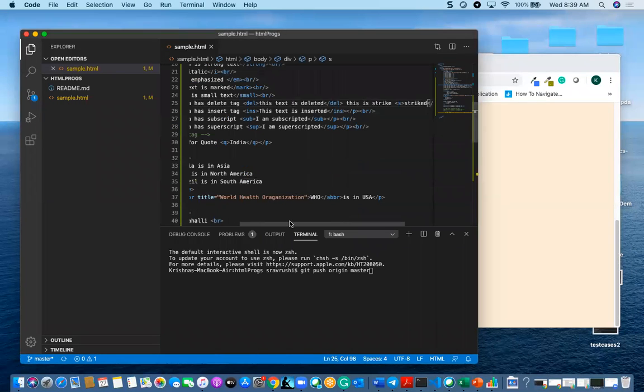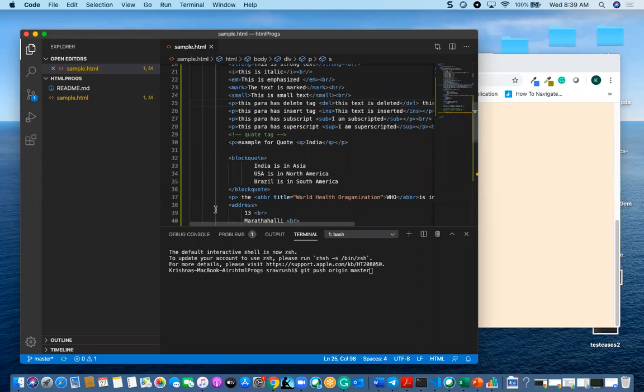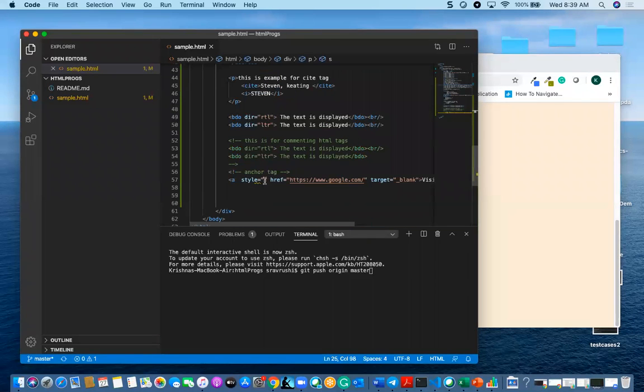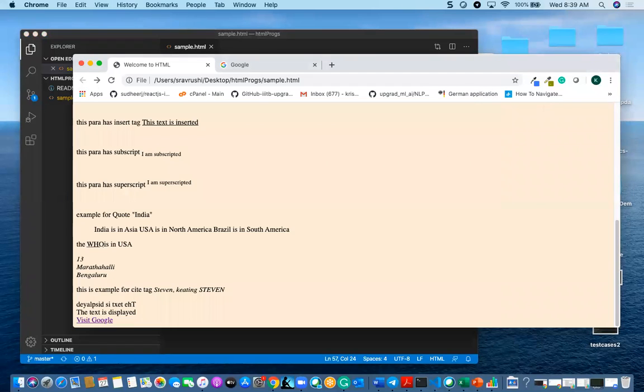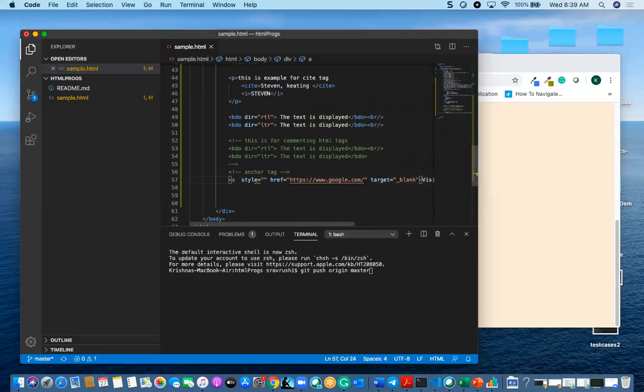One more thing. We are in discussion of giving some style for this anchor tag. That is like this actually. We colon some link, and here I will give some class, anchor class.